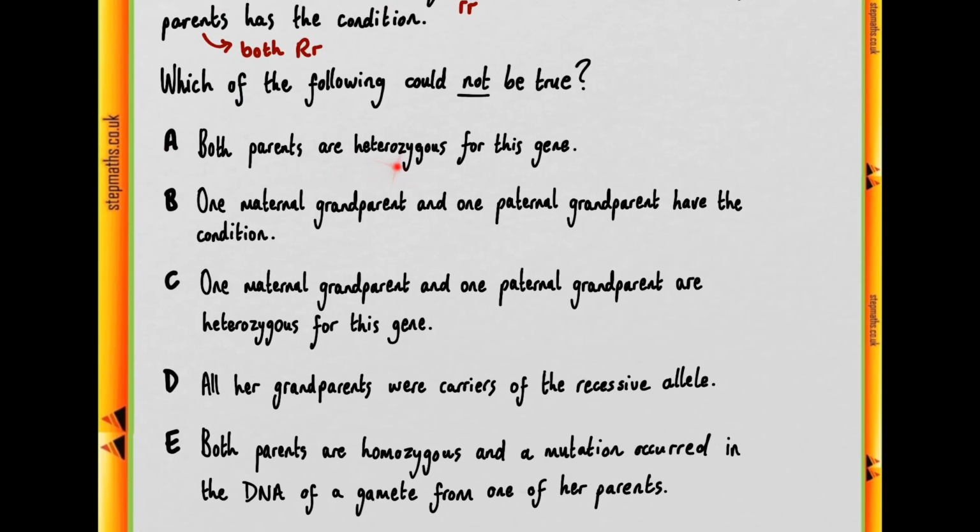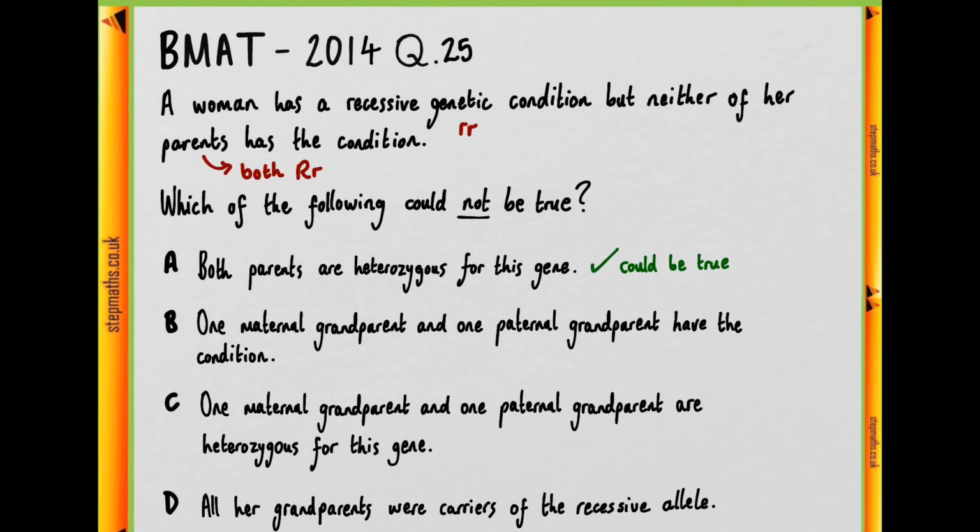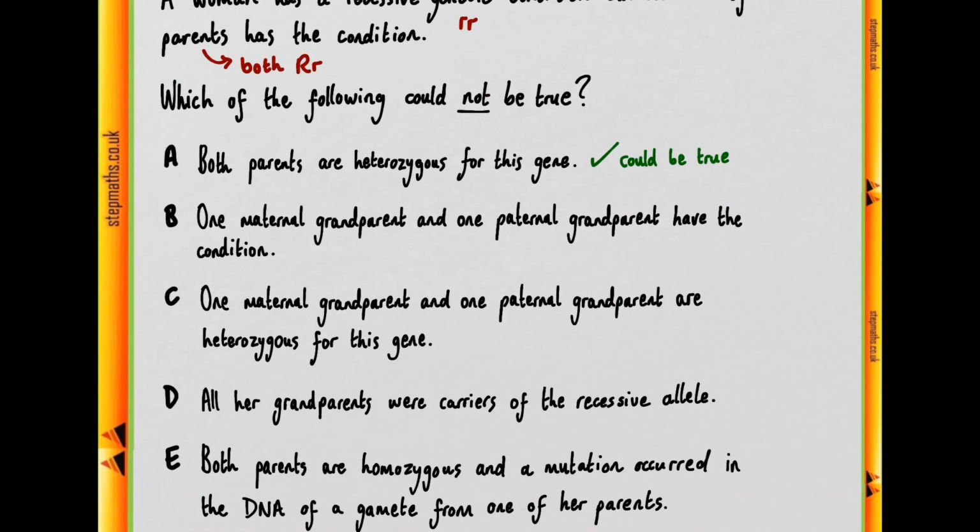A, both parents are heterozygous for this gene. Well, this could be true. In fact, it's the most likely situation given the information we're given. Obviously, we can't account for things like mutation, which could be at play here. Anyway, moving on to